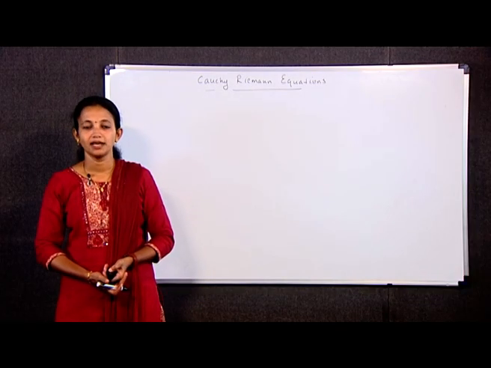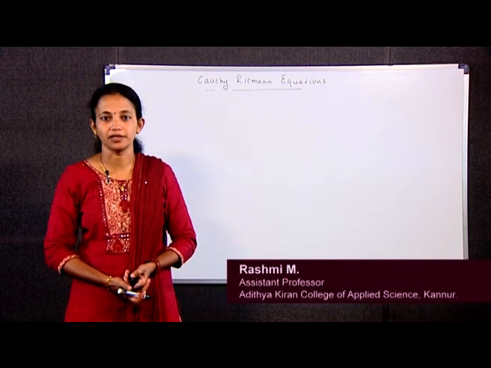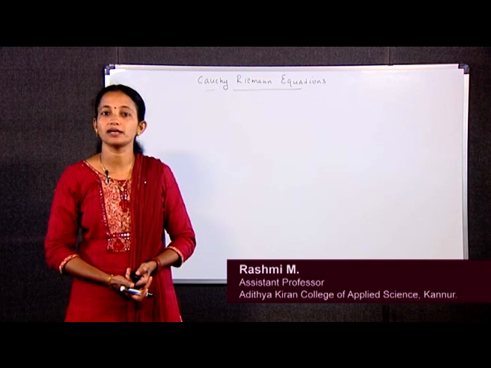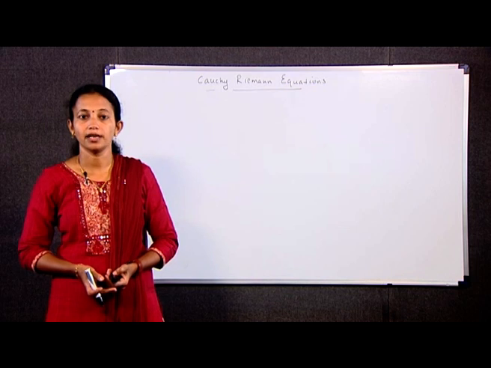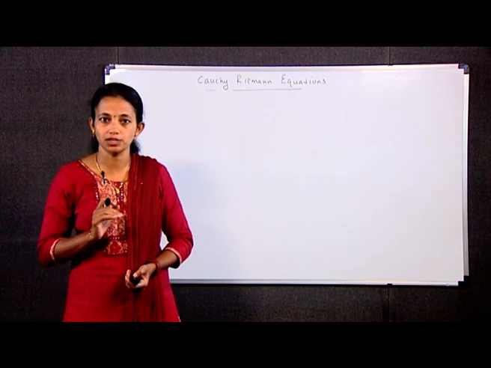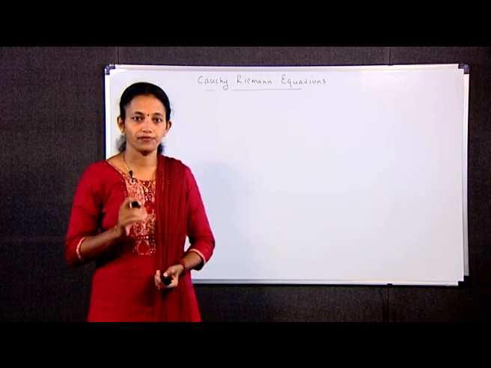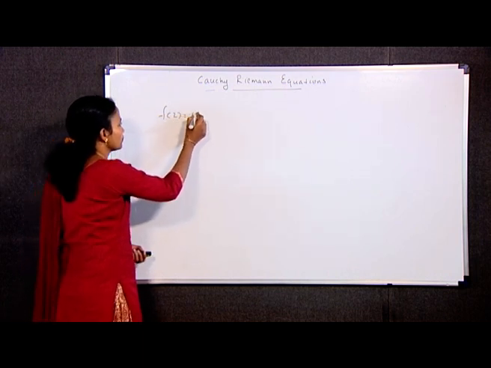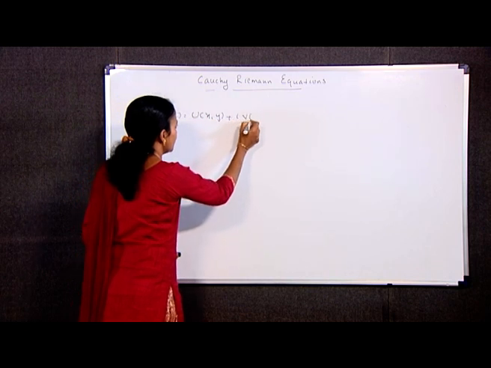Hi friends, in the previous session we discussed continuity and derivatives. Now we discuss the Cauchy-Riemann equations. That is, we are going to obtain a pair of equations that the first order partial derivatives of the component functions u and v of the function f(z) = u(x,y) + i v(x,y)